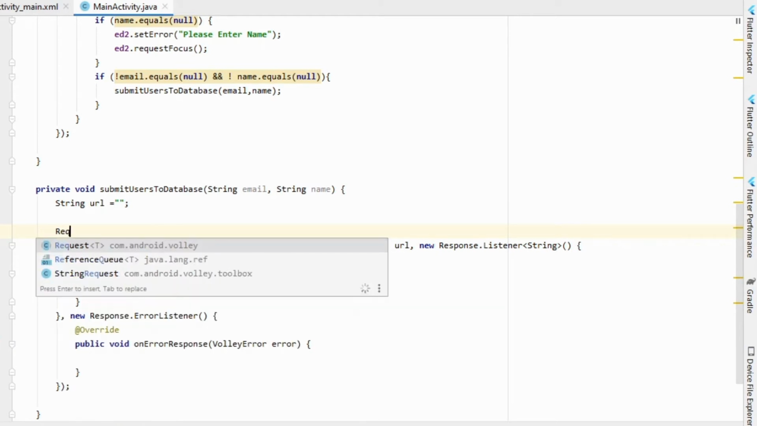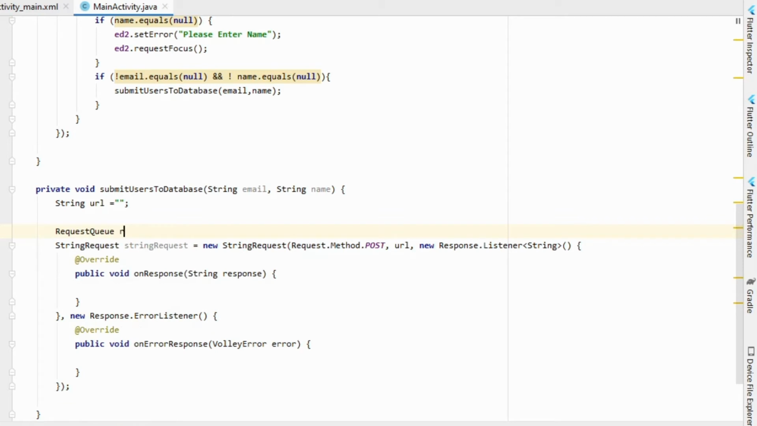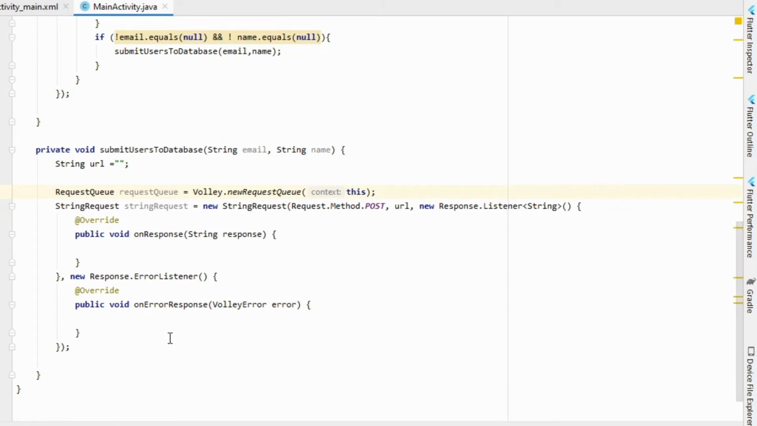So let's make a request queue. RequestQueue equals Volley.newRequestQueue, and we pass the context, right? So now we have to pass our EditText email and name values to our request. In order to pass them to our REST API with our request,